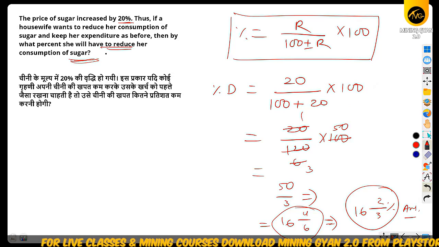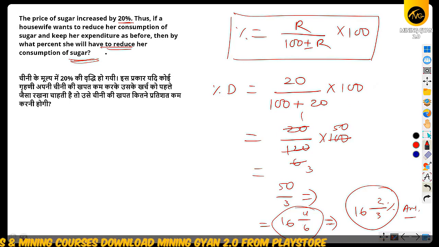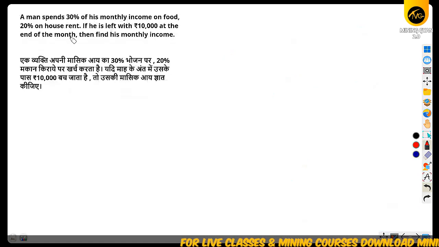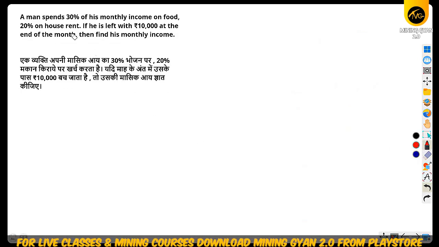Okay, so basically this is also a similar kind of question to the one we have already done. That question was: one number is 25% more than another number, then by what percentage is the second number less than the first number? The same similar kind of formula has been used here. Now the last type of percentage question is the union based formula.